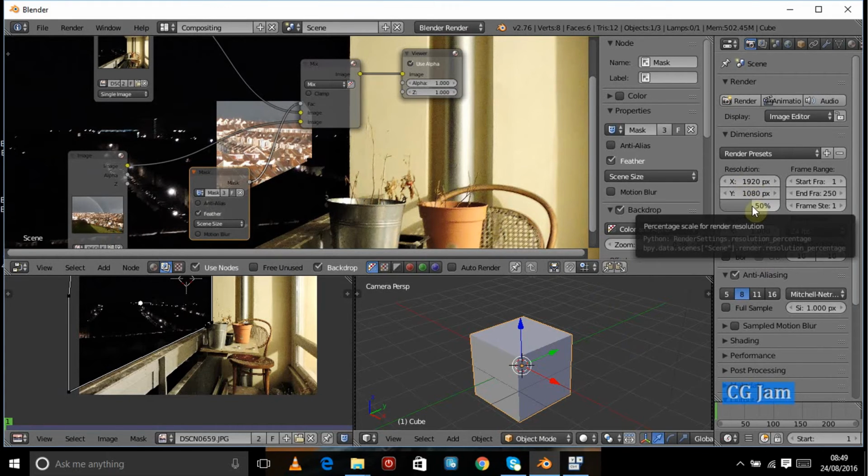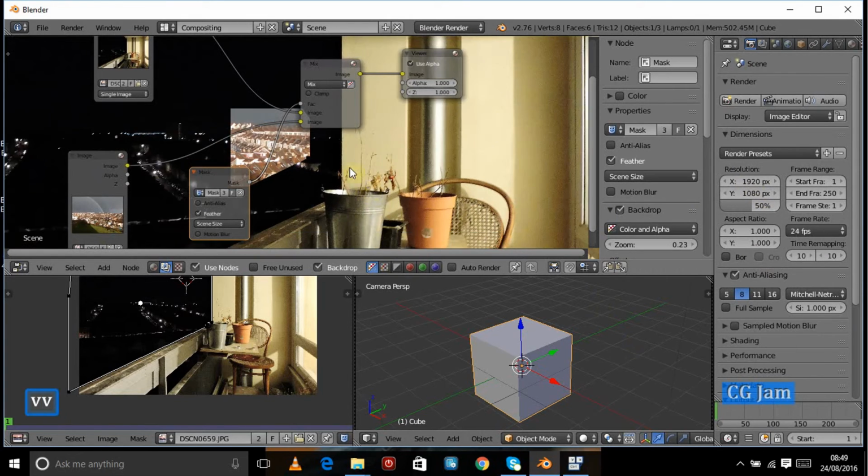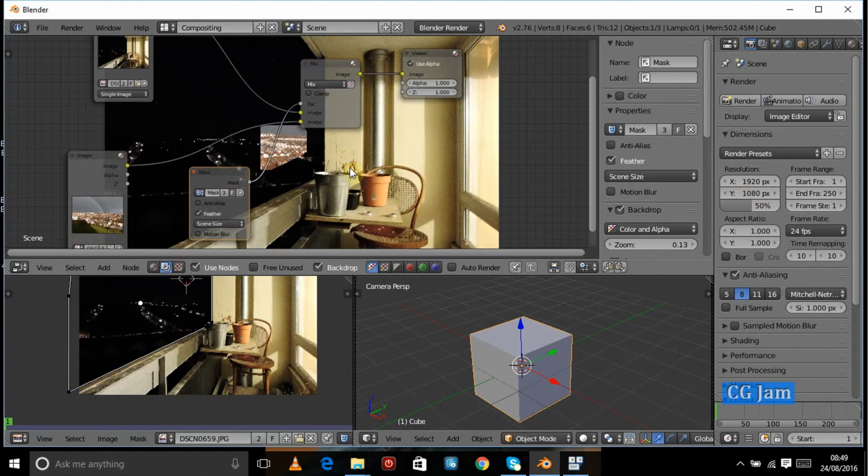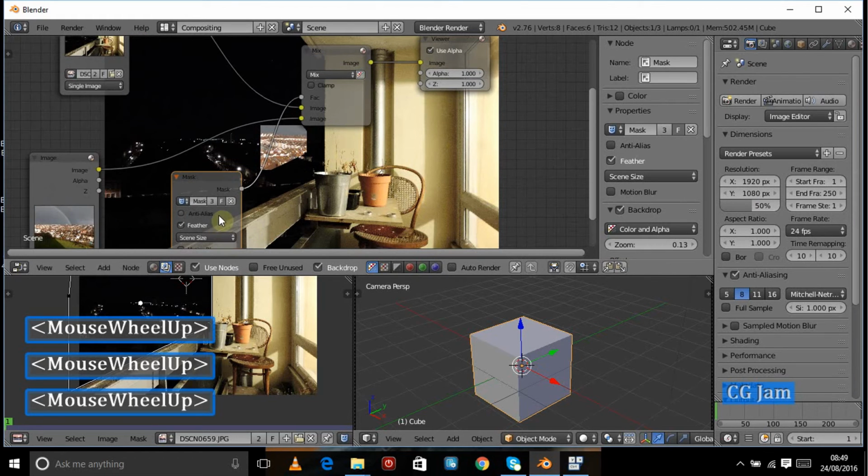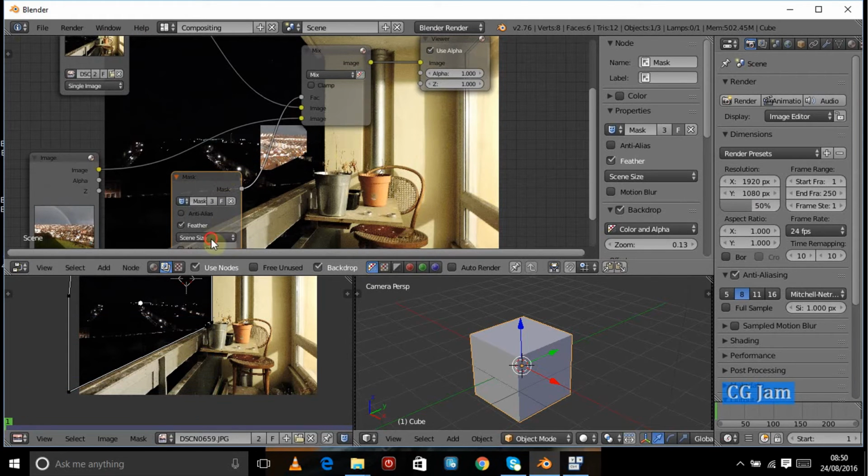It's at 50% of the scene size, so our mask is incredibly small compared to our image. So what we need to do is adjust the mask resolution to the size of the image, or we can go to scene size and manually change it to fixed,